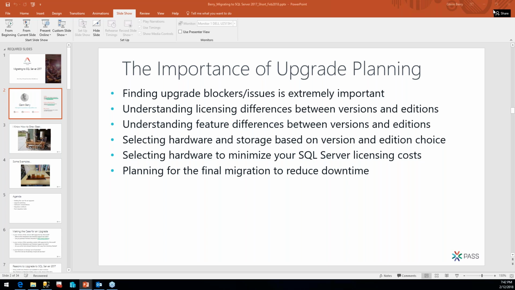And so, that ties into picking your hardware and storage based, again, on whether you're going to be on Standard Edition or Enterprise Edition. And one thing that's super important that I hope you take out of this talk is you want to pick the hardware to minimize your SQL Server licensing costs. Because if you're not careful about this and you just let somebody else do it who doesn't understand how this works, you can spend a huge amount of money on licenses far outweighing your hardware, and in some cases even your storage costs, just on your SQL Server licenses. And then you want to think about how you're going to do your final migration to reduce your downtime during